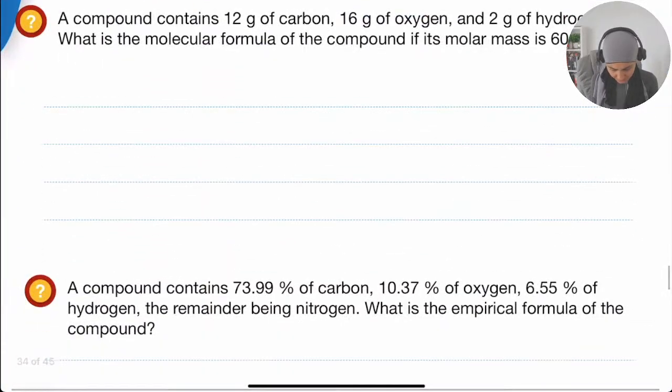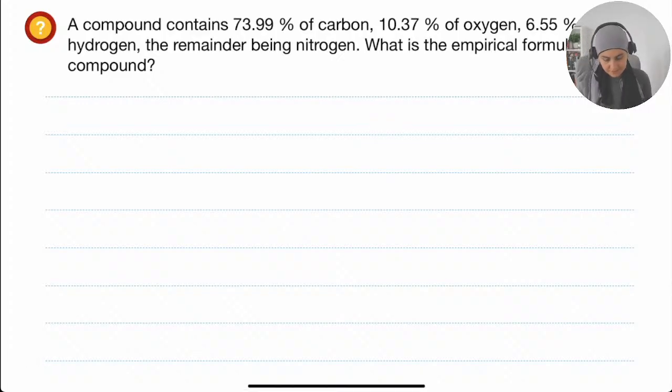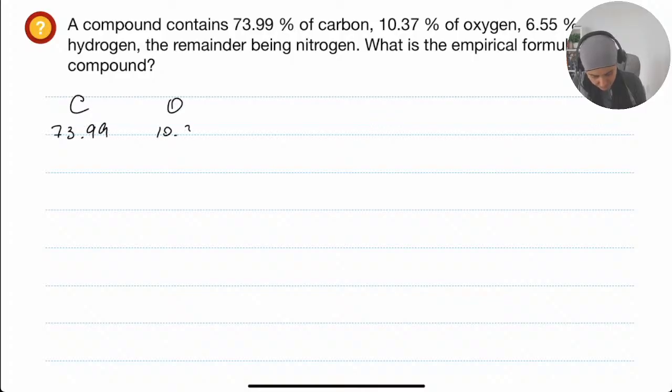Let's do one more with not such good numbers. A compound contains 73.99% of carbon, 10.37% oxygen, 6.55% hydrogen, remainder is nitrogen. What is the empirical formula? Okay, so I do the same thing. Carbon 73.99, oxygen 10.37, hydrogen 6.55, remainder being nitrogen. What does it mean? It means that it's 100 minus the rest. So 100 minus 73.99 minus 10.37 minus 6.55, which is